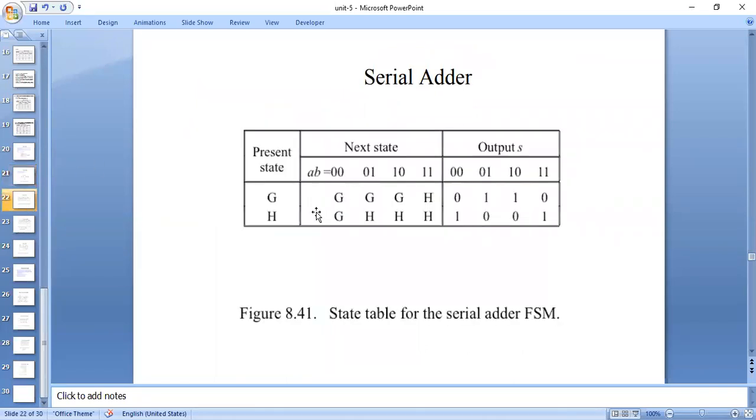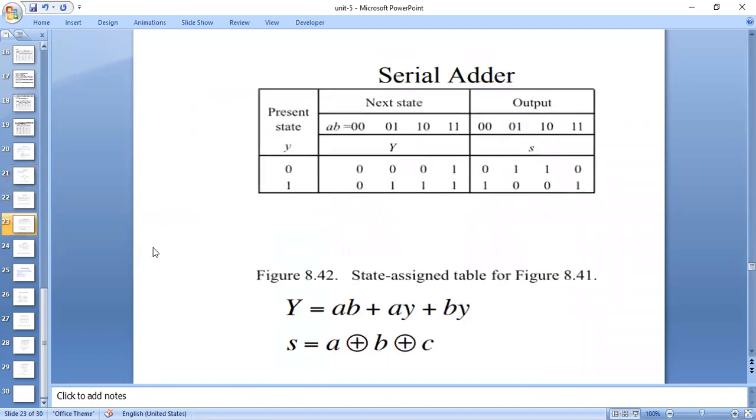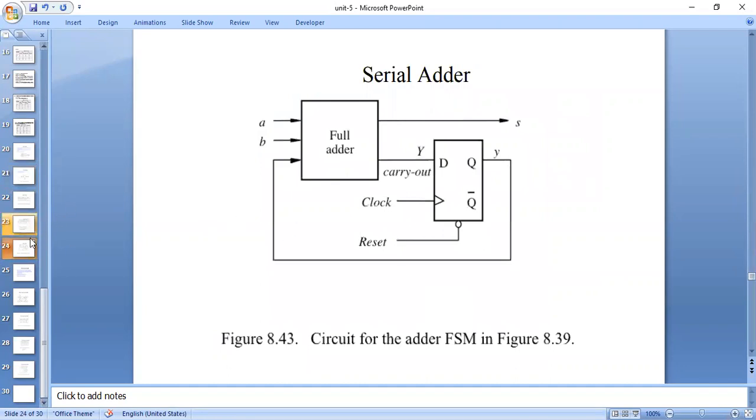So you can clearly see in these PPTs. This will be the state table. Okay, and we have to elaborate this state table and write the expressions. See here what we are representing: output Z. So generally what is the output? Sum. Okay, so what we are getting is A XOR B XOR C. And here C means present state, and A and B are taken as inputs, but what did we take? We took QN, X, Y. And here look, for the D flip flop the expression came like this. So you can see the diagram in the next one.